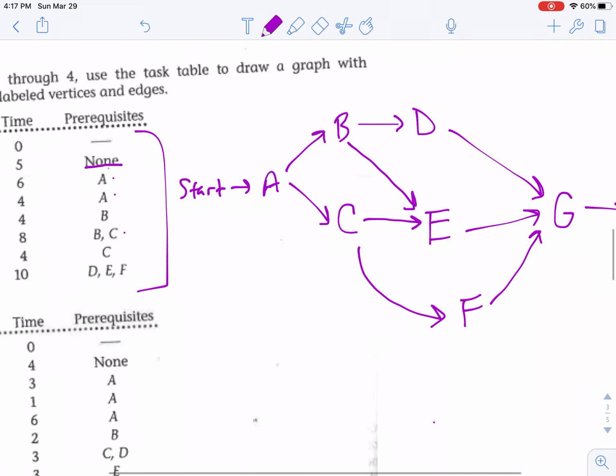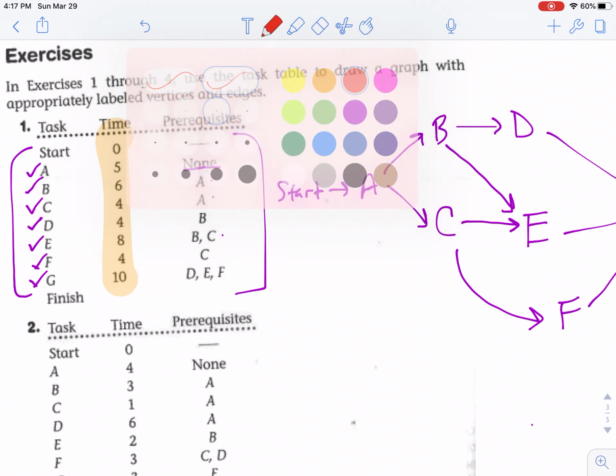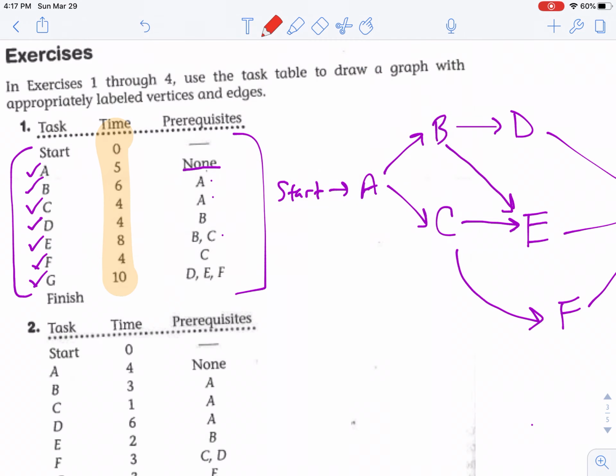Now, the only other thing we have to do is label this. See these times? See all the times column? We have to label those on our task diagram. So start has no time to it. So you put a little 0 over the arrow. Task A has a time of 5. So that means we're going to put